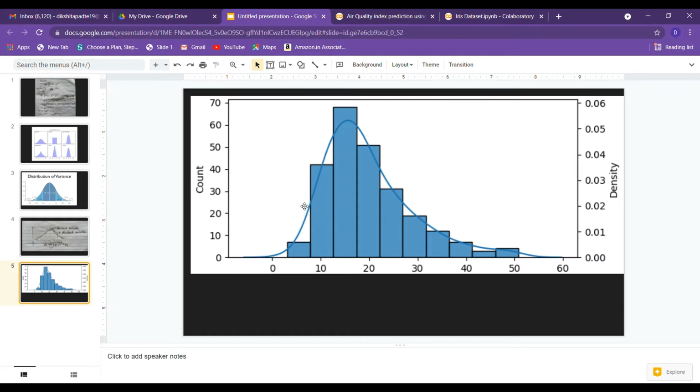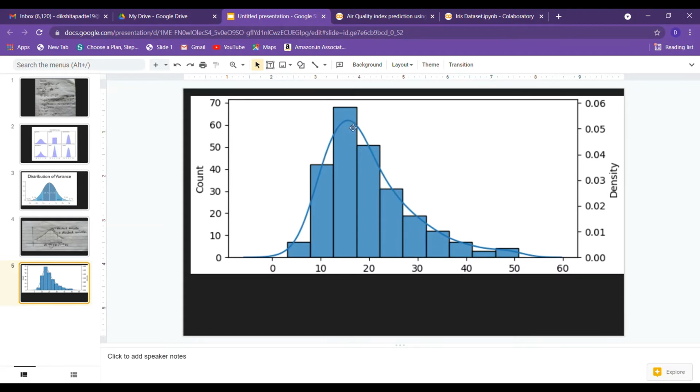Here the KDE plot cuts the histogram somewhere here, and the value on the y-axis is 0.02, which means that 20% of the entire data lies somewhere in this range from 0 to 10. And similarly here, the KDE plot cuts the histogram and the value is 0.05.